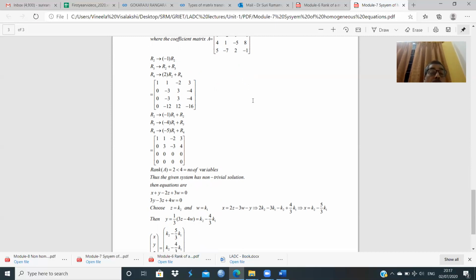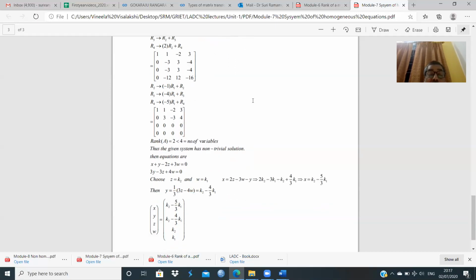So the solutions are embedded in the first 2 rows in the echelon form. And the number of free variables in this case will be n minus rank. Here n is 4 and the rank is 2. So 4 minus 2 is 2, which indicates that among the 4 variables x, y, z, and w, we can choose the last 2 variables z and w as free variables and give them arbitrary real numbers k1 and k2, and then by back substitution work out x and y.